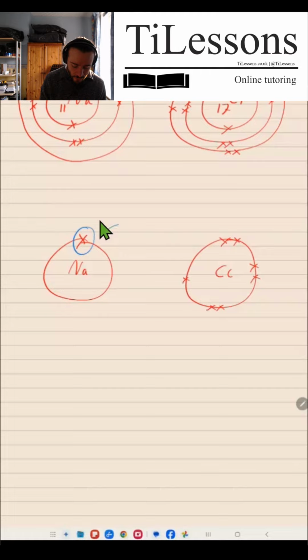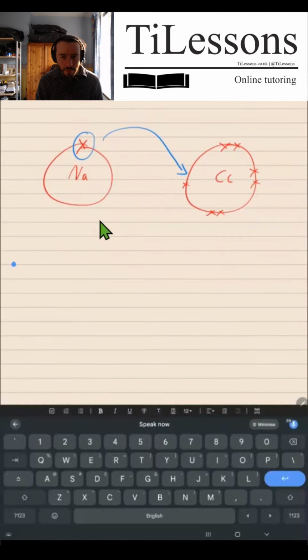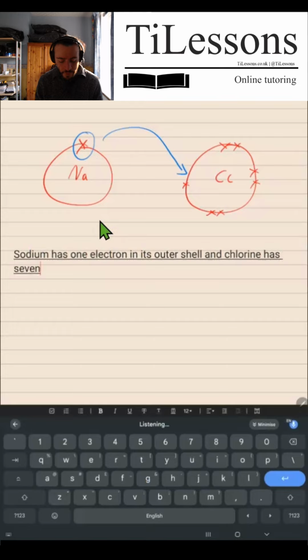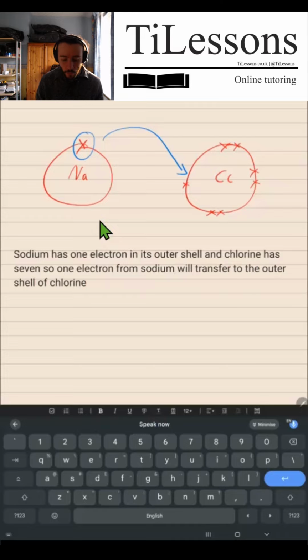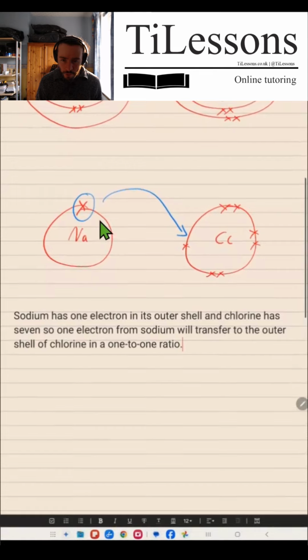We can have 1 electron transferring from sodium to the chlorine. So to put this into words, sodium has 1 electron in its outer shell and chlorine has 7. So 1 electron from sodium will transfer to the outer shell of chlorine in a 1-to-1 ratio. So this means for every 1 sodium that's being used to transfer the electron, 1 chlorine is receiving them, giving